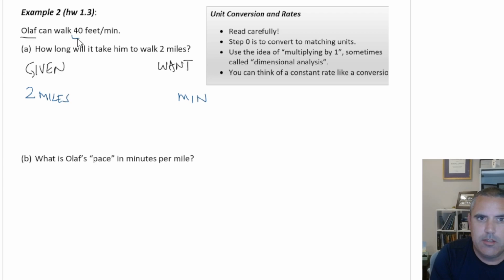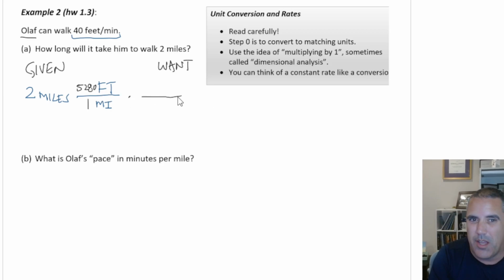I'm also given a rate, which I can think of as equivalence. But it's feet in minutes. So what can I do? All right, I'm going to turn miles into feet. So I'm giving you a way to think through it. My goal in this course is not for you to be a machine. It's to have tools to sort of think through how you would do a question. That's much more valuable,